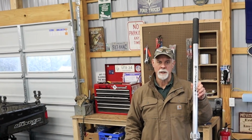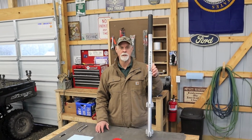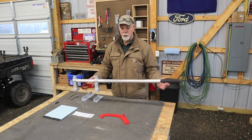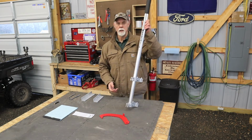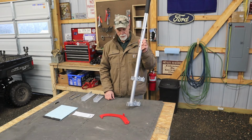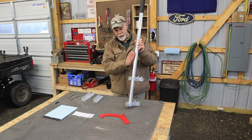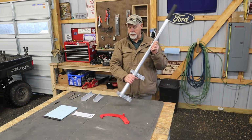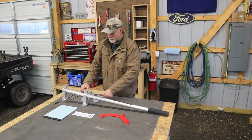Martin here. In today's video we're going to be reviewing the Woodchuck Timberjack. The Woodchuck Timberjack is made in the USA and comes with a lifetime warranty. It's 4 feet long. The handle is made out of 6061 aluminum, and it has these 2 feet that come